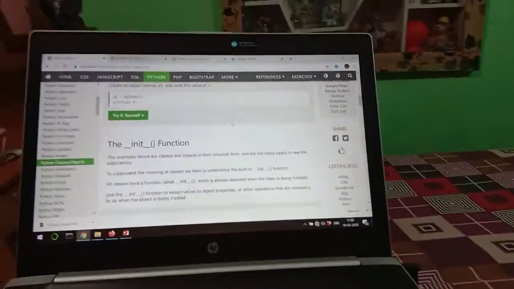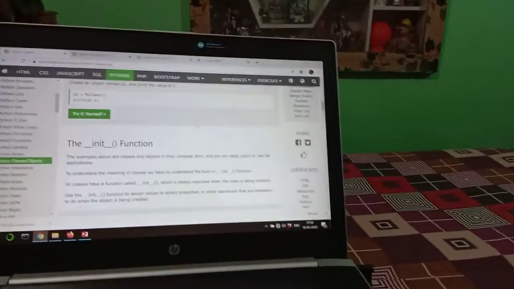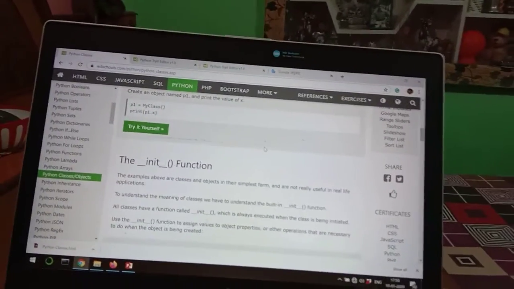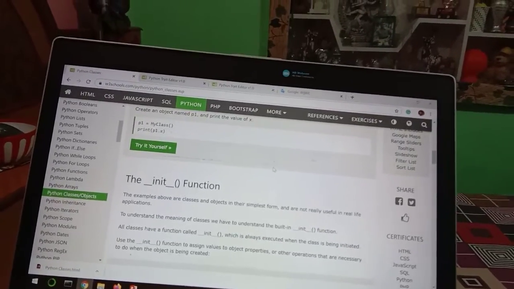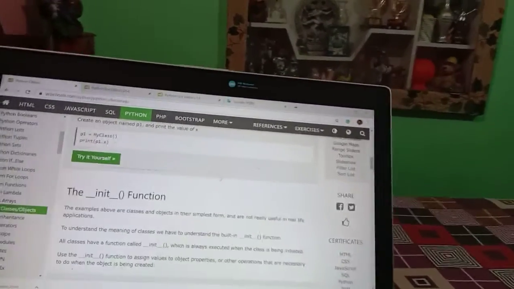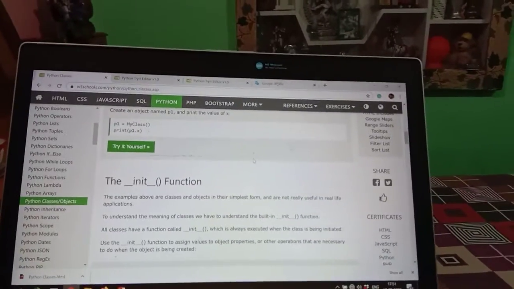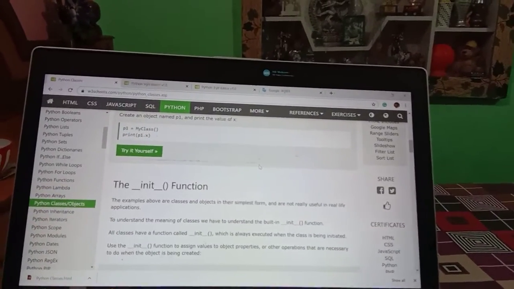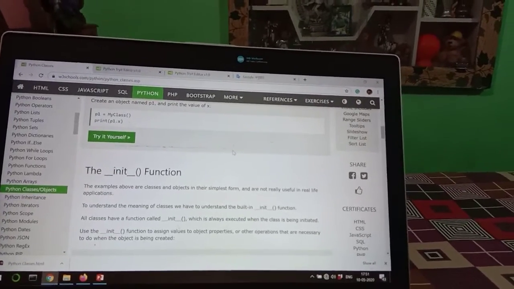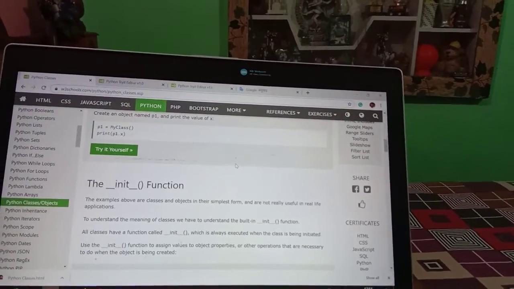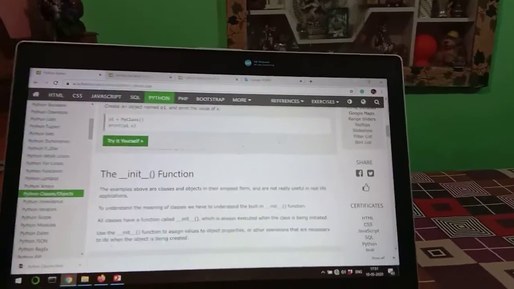In order to use them in real-life applications, we use the class's built-in function, which is __init__. Here we will call it init. So __init__() is really used in real life to create classes for real-life applications.